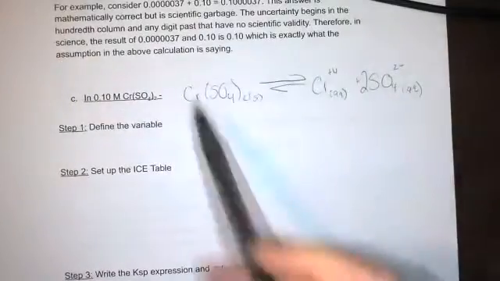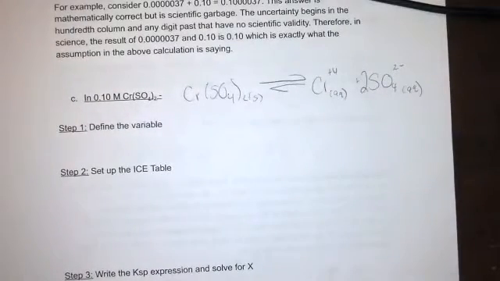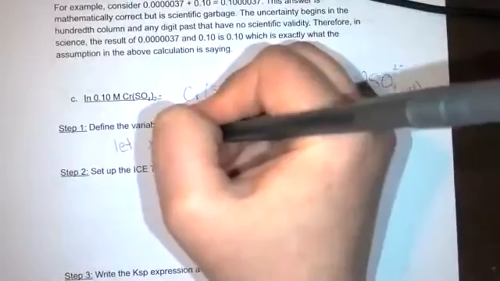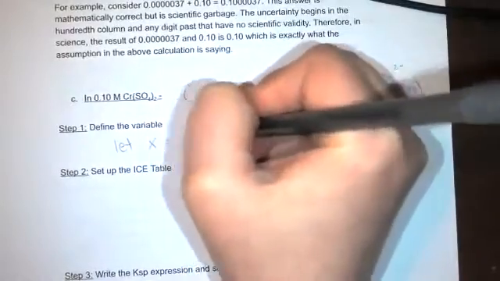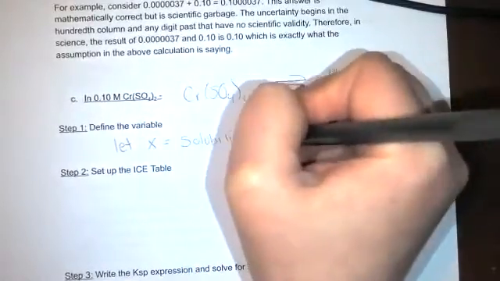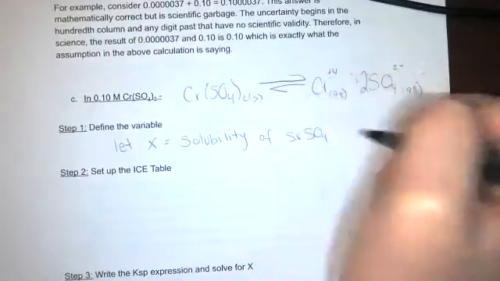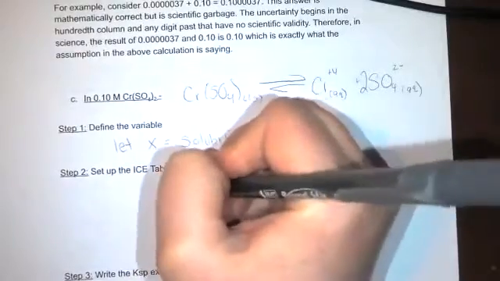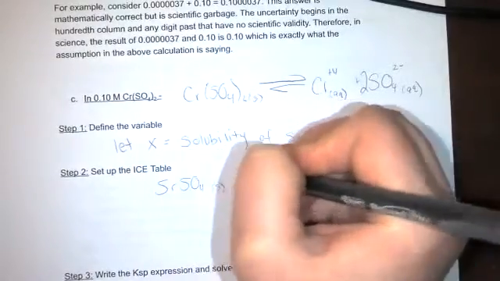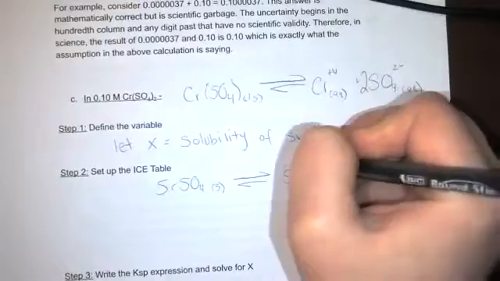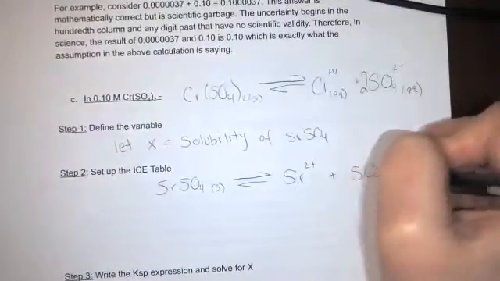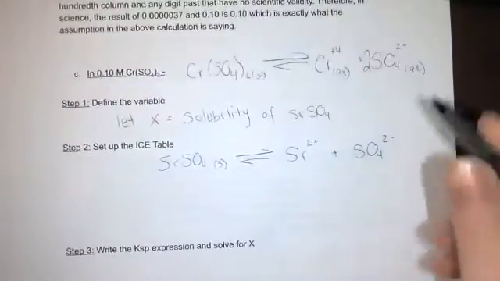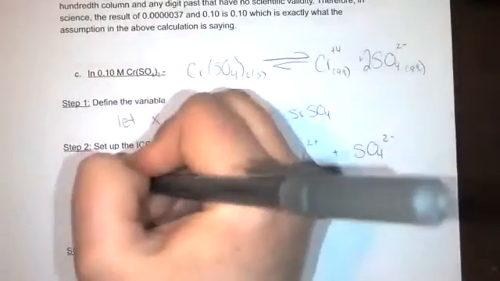So this is my solution that I already have. Now, once again, I'm going to let my x be the solubility of my strontium sulfate. So I'm going to do an ICE table here. I have my strontium sulfate with some strontium and my sulfate. So initially,